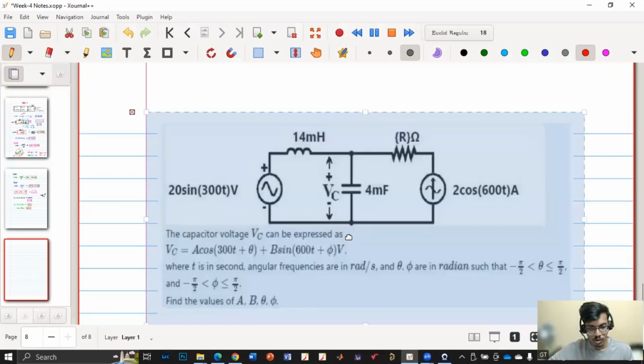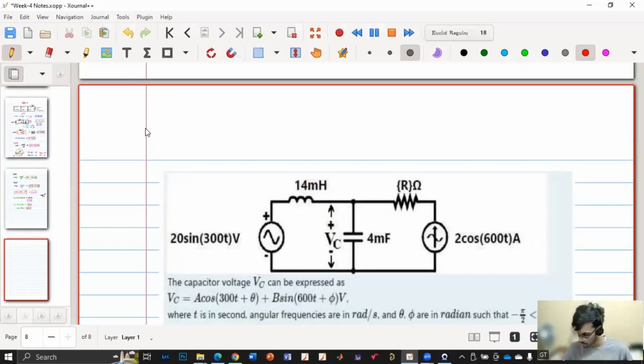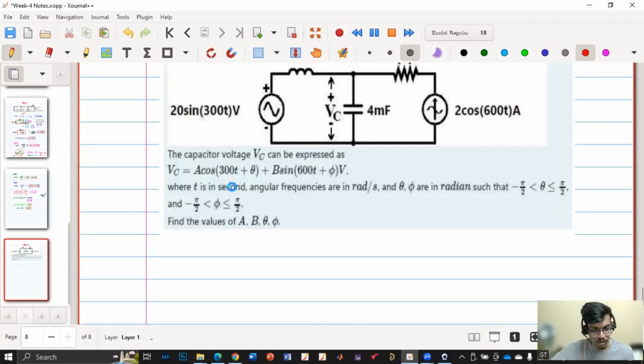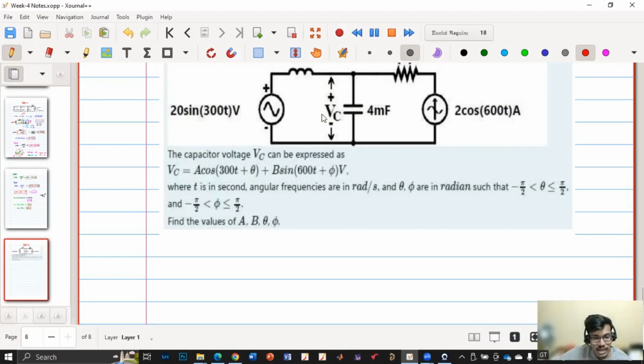So this is our problem 2. It's not that I don't want to solve, but we have less time. So that's why I can only afford to solve one problem. That's why I have asked you which problem you want. But I can give an idea of how to solve the other problem, but I will not get time to solve. So in this problem, they have given L, they have given R, they have given C, and they're asking